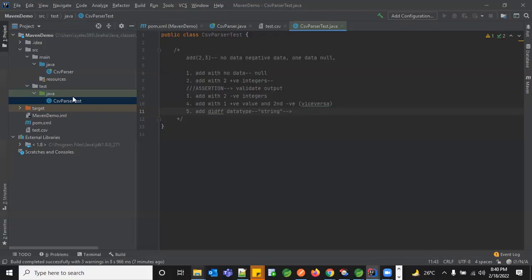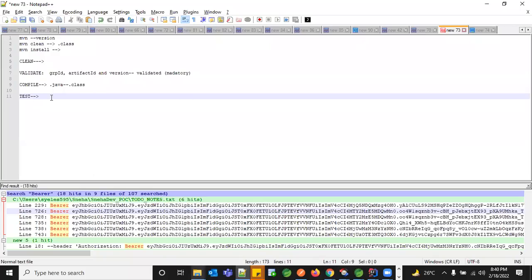Otherwise, if any one of the scenarios fails, or if any error is thrown from these test case files, then your program will not be built, your package will not be built. So it is like an error. You have to clean it out, fix it, and then make the build again. So for that purpose, to validate your test cases, we have a life cycle called test. So this test is like passing the test cases, right? That we do in HackerRank.